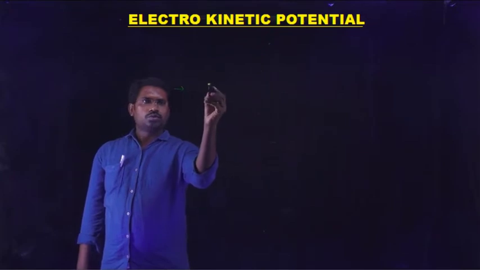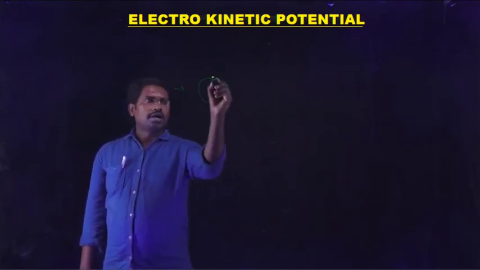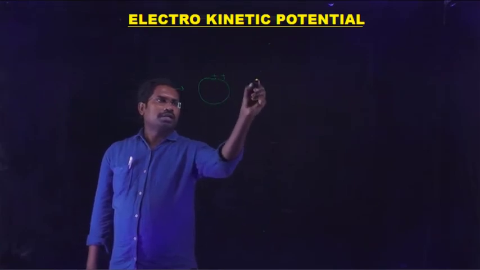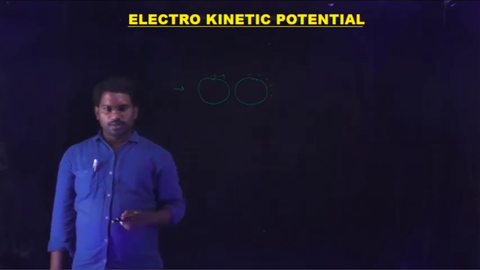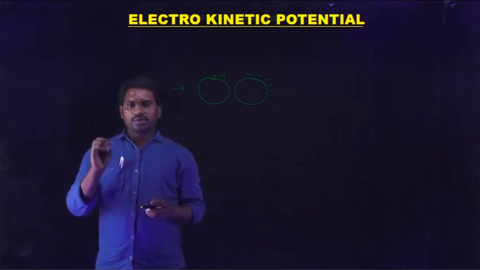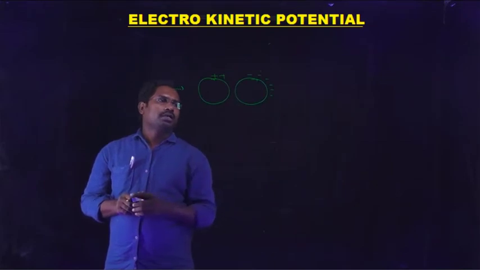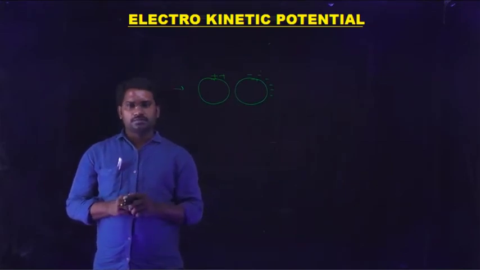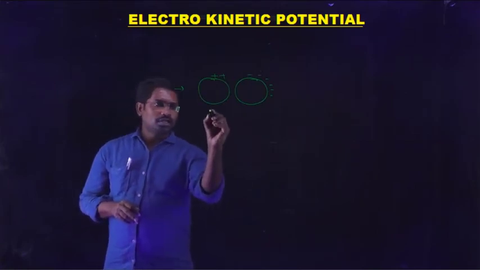Generally, the particles present in a given colloidal solution consist of either positively charged particles or negatively charged particles. For example, in a previous session we discussed when silver nitrate